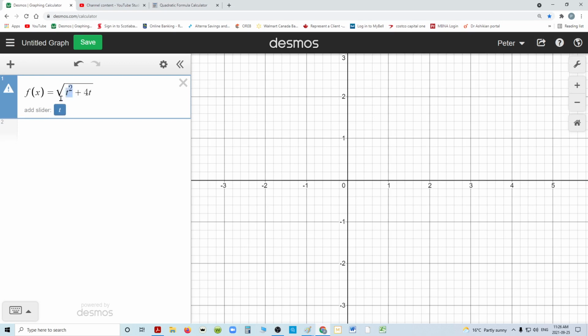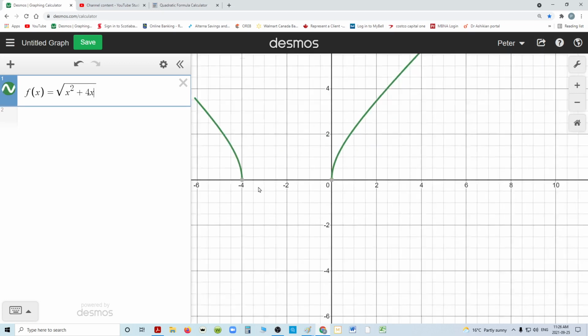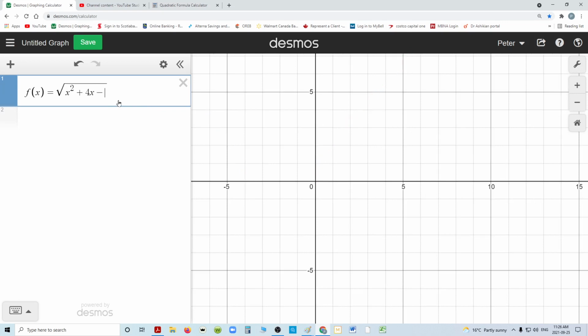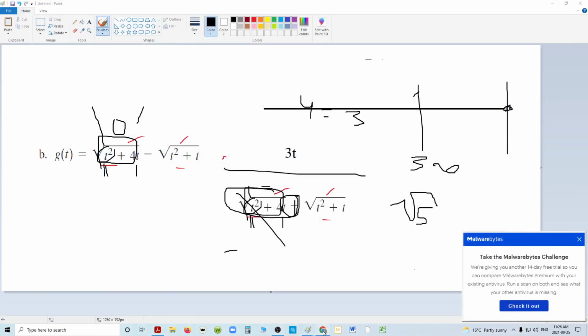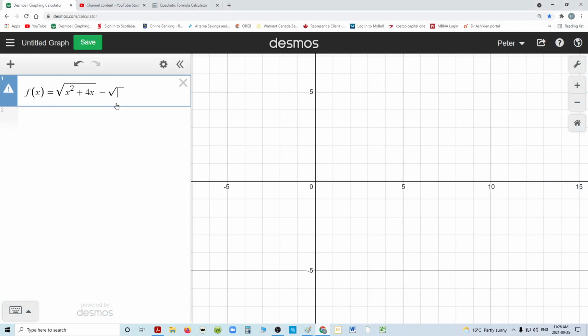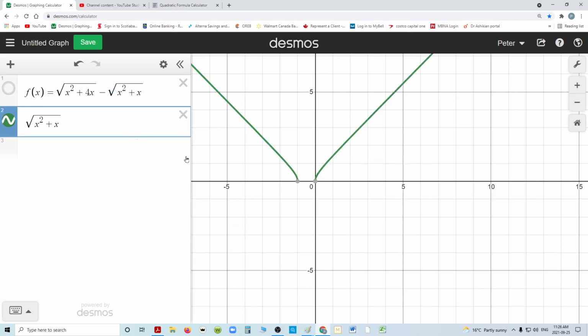Let's use x. So yeah, there's that no man's land that can't exist. T squared plus t. It would help almost to know what that graph looks like. Just going to put it down here and turn this off. So that has a no man's land as well, between 0 and 1. And when I subtract them,